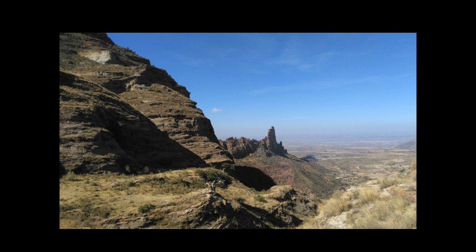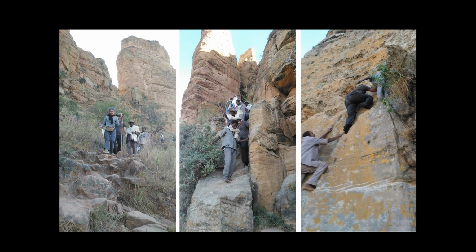So, going on to the next church, our guide caught sight of the church early on and pointed it out to us. He said that rock in the middle, the one that sticks right up into the sky, that's the church. That's where we're headed. These images are all taken on the way down, so they're in reverse. On the left, the path going up to the church starts with quite a rugged road. The church we're headed for is that massive rock behind us. Then in the center, the path narrows to about 2 meters and then 1 meter wide,